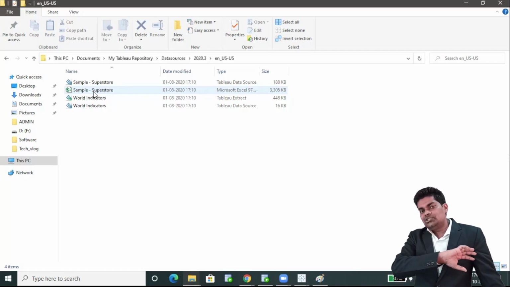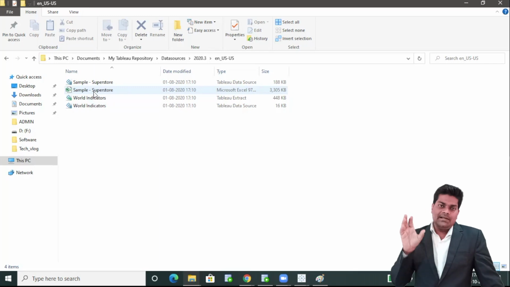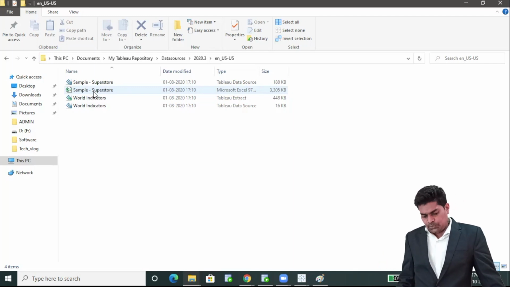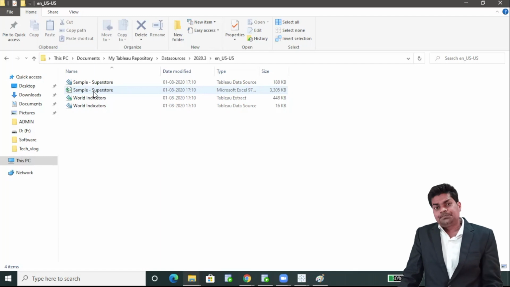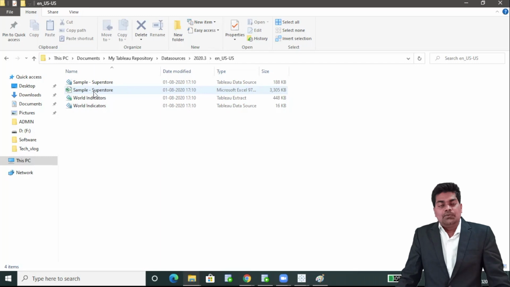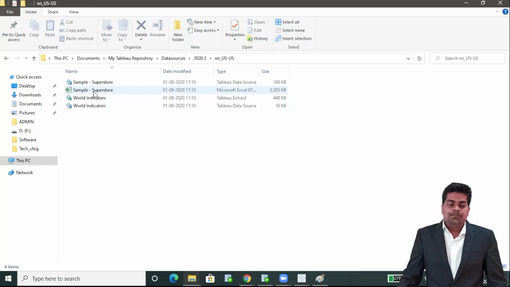They are creating charts, pie charts and all, and creating dashboards. They are writing formulas every day. So that is rework, they are doing the same work every day. To avoid that work, and to utilize the manpower in some other productive work, companies are using these tools. So we never use Microsoft Excel as a data source in Tableau. Otherwise there is no use of such costly and such advanced software.